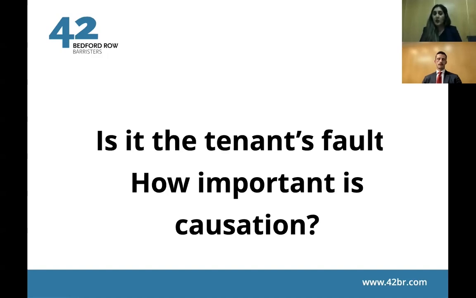So looking at that global calculation first, how do we come up with the global calculation? This can be done with the use of quantum reports in past cases to determine the appropriate annual rate for the seriousness of the disrepair suffered by the tenant. However, if reports of quantum in past cases are used, it must be borne in mind that awards for past cases must be adjusted for inflation, and also for damages that are awarded after the 1st of April 2013, a 10% uplift pursuant to the case of Simmons versus Castle must also be applied.